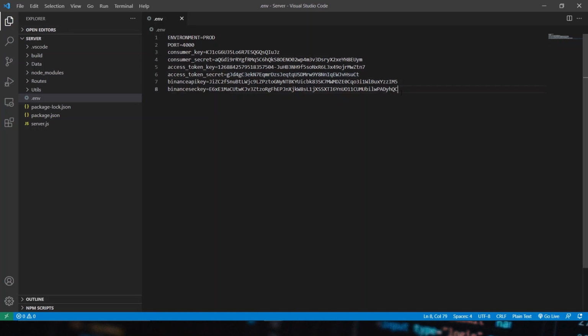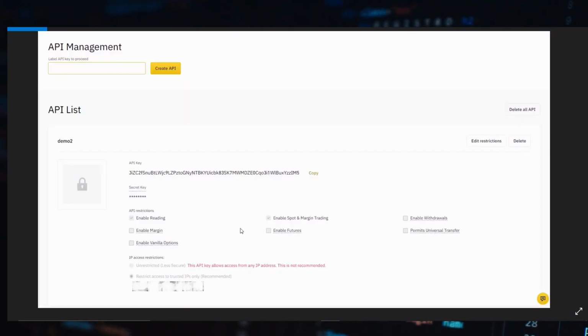And we also need to specify the Binance API and secret key, which are needed to place the order on the exchange. Make sure your API keys are configured as shown on the screenshot. So enable read access and access to place orders on spot exchange, and only allow this for the IP address where you're running the bot.